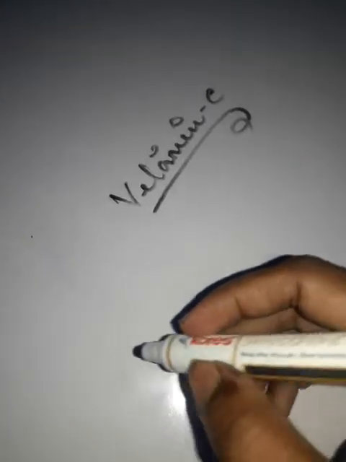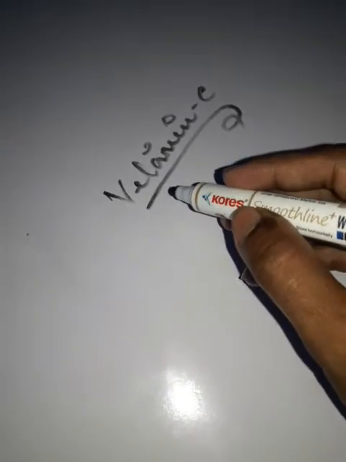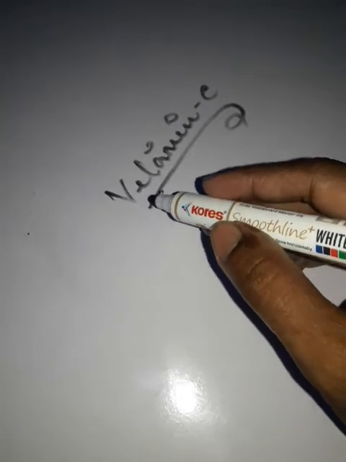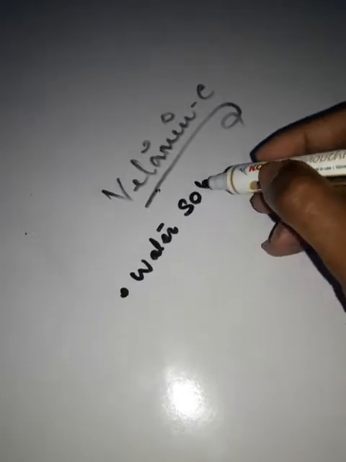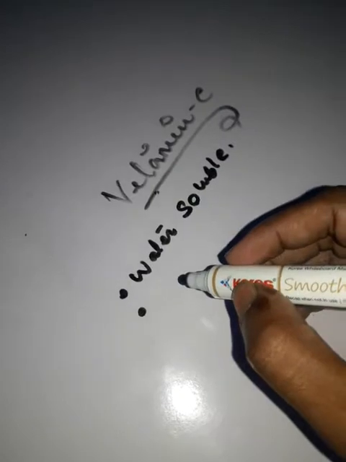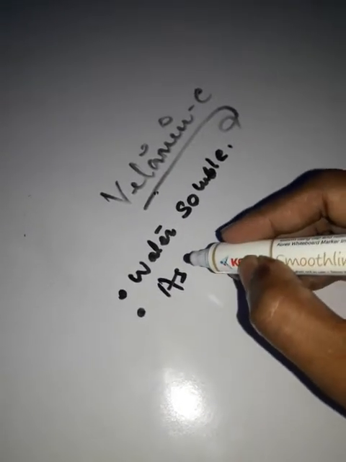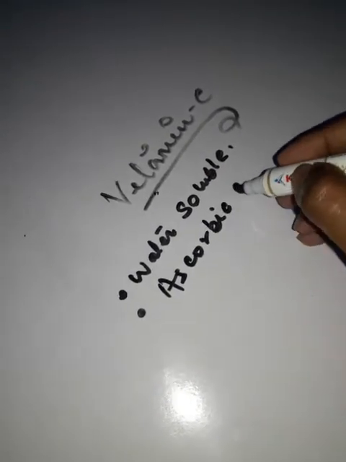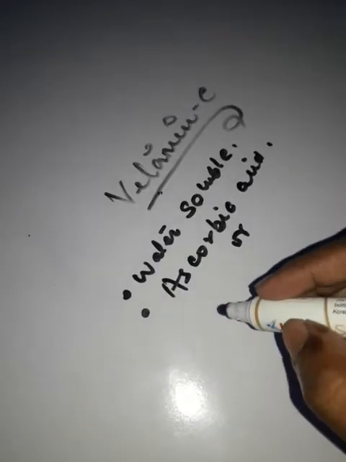So hello friends, today we are going to discuss vitamin C. First of all, I have discussed the basic properties of vitamins. It is a type of vitamin, and it is basically a water soluble vitamin. Water soluble vitamin, and the chemical name of vitamin C, I think you are aware, is ascorbic acid. Ascorbic acid, and another name of this is